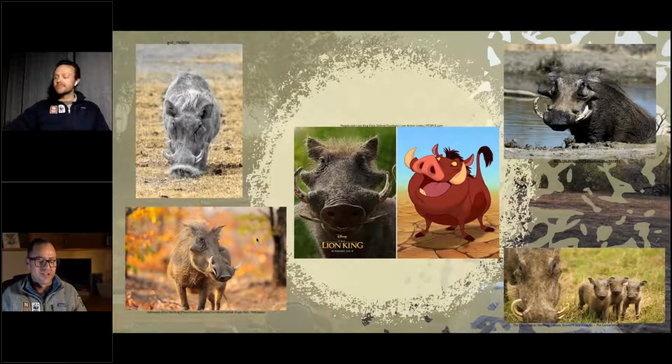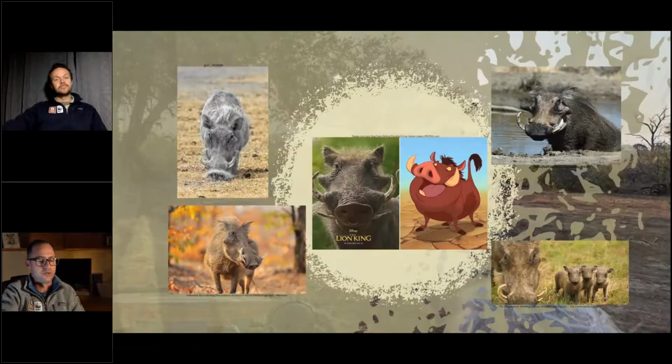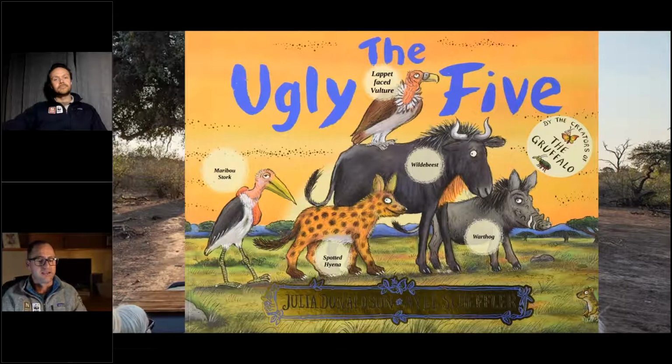Great. Yeah, thanks. So the next one we're going to go to says: but who is this perfectly terrible frump raiding the rubbish bins down by the dump? I'm the Marabou Stork, and I think you'll agree that no other bird looks as dreadful as me. My wings are enormous, I'm hunched and I'm gangly. And look at my pouch, it's all dingly dangly. My legs are long and skinny and covered in poo, and I'll eat almost anything, even a shoe. I'm a grouchy old grump, I'm a horrible sod. And then the other 4 shouted,